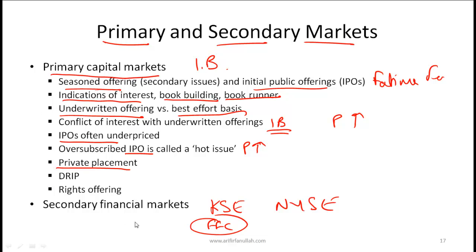On the other hand, if a given share is not very liquid, then that makes it difficult to raise money in the primary market. The other important point is that secondary financial markets clearly help establish a price for the share, and then that also makes it easier to figure out what price the shares must be offered for in the primary market. So if the share price is doing very well, then FFC can raise more money in the primary market. If share prices are down, then that means that cost of equity is high, because FFC would raise money at a relatively low share price.